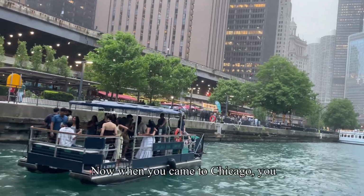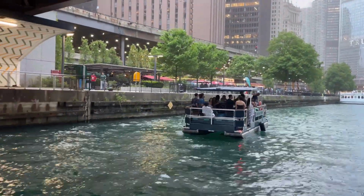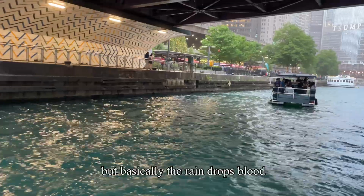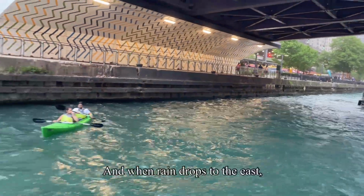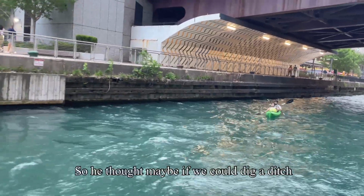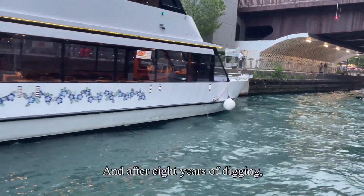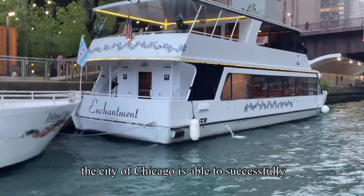Now when he came to Chicago, he realized not too far west from here is a subcontinental divide line, basically the highest point in land. You can't see it because it's already flat to begin with, but basically when rain drops left, it naturally flows into the Mississippi River. And when rain drops to the east, it naturally flows into Lake Michigan. So he thought maybe we could dig a ditch deeper than the lake, maybe gravity could do all the heavy lifting. And after 8 years of digging, shoveling, and using bombs, and 20 miles later,